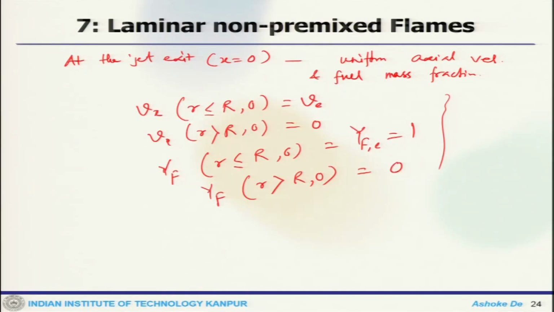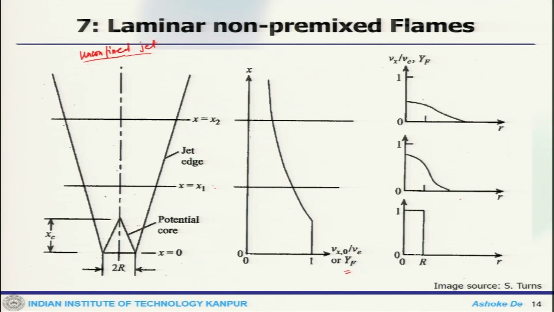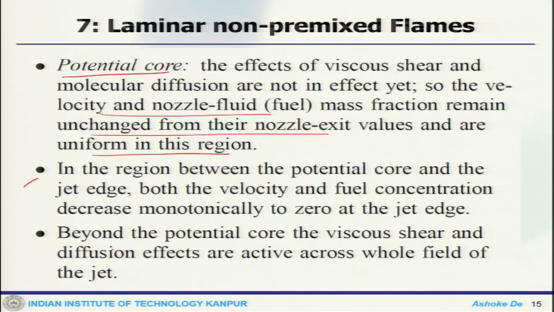Okay, welcome back, and let's continue the discussion on the laminar non-premixed flame. So, we are looking at the jet diffusion flame and doing the detailed analysis and trying to find out the profiles and all these things. So, this is where we stopped on the boundary conditions. So, this is the jet, unconfined jet where fuel is coming in, and then with some of the assumption